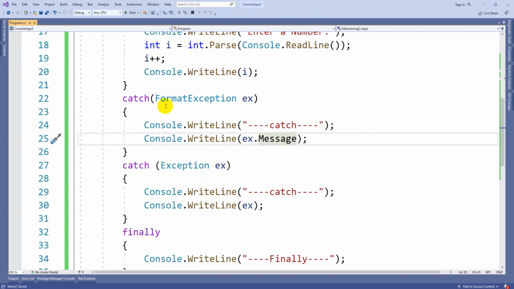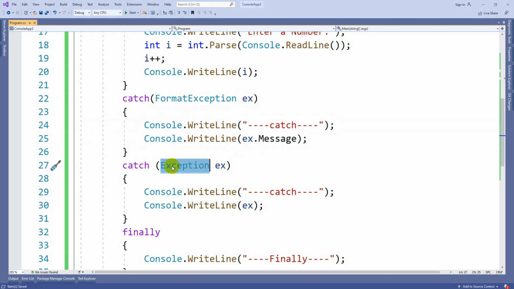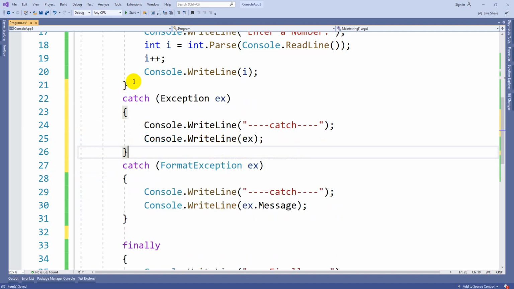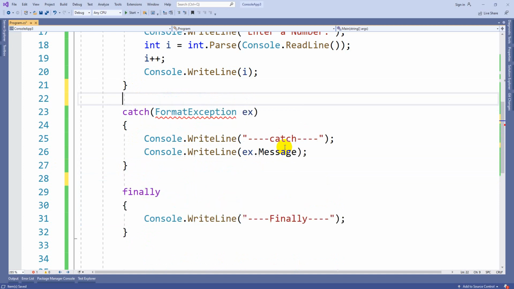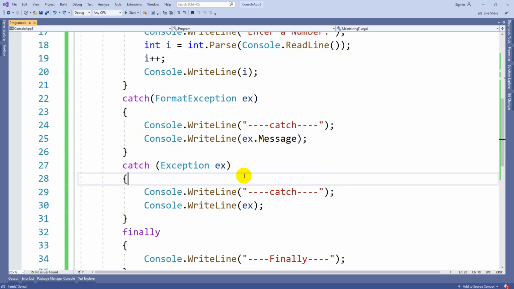That means it is like a switch case. When the error class matches this, it will execute this one. Otherwise, it is going to execute the Exception block. Exception is the super one. Whatever catch blocks are available, if anything does not match those, it is going to be handled by Exception. And always, this catch Exception block should be the last option. If you write it earlier, you will get an error, because it's a super all-in-one. It can handle every error, so you don't need the others. It is like the default block in a switch case. You should write it at the ending.